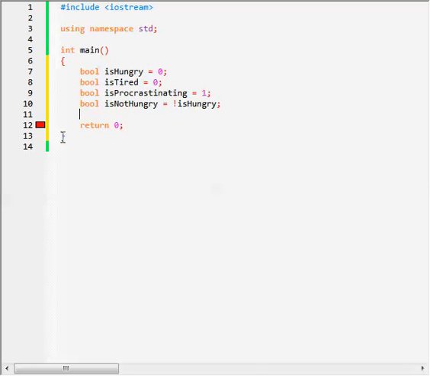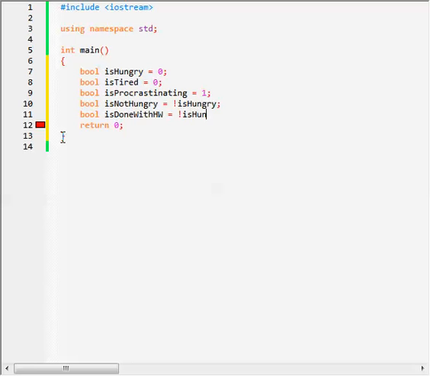So let's say then that we're going to have bool is done with homework. Well, to be done with homework, you have to be not procrastinating, you have to be not tired, and you have to be not hungry, because otherwise you'll just go eat or sleep or whatever. So there's another operator that we're going to learn. It's called the and. So we're going to say is not hungry